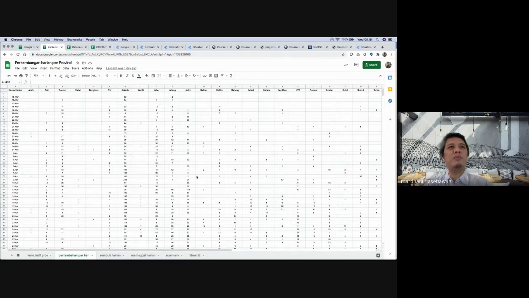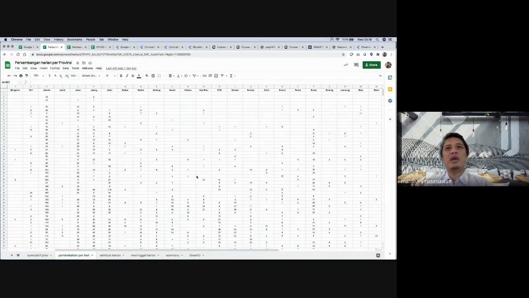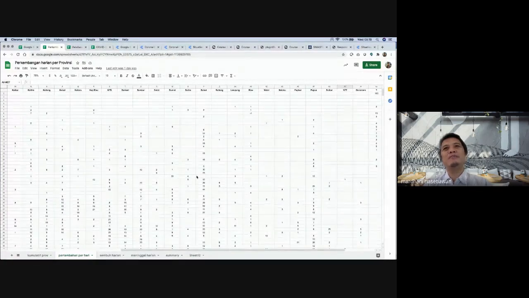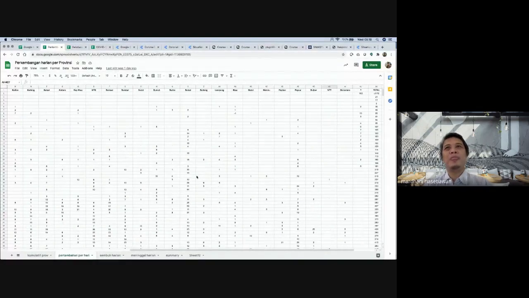This is the number of cases that happen every day, and you will also find one of the cool things: the column with a question mark is the same as the previous one, but please be careful because we will find numbers that have negative values. Actually, it is like an adjustment.